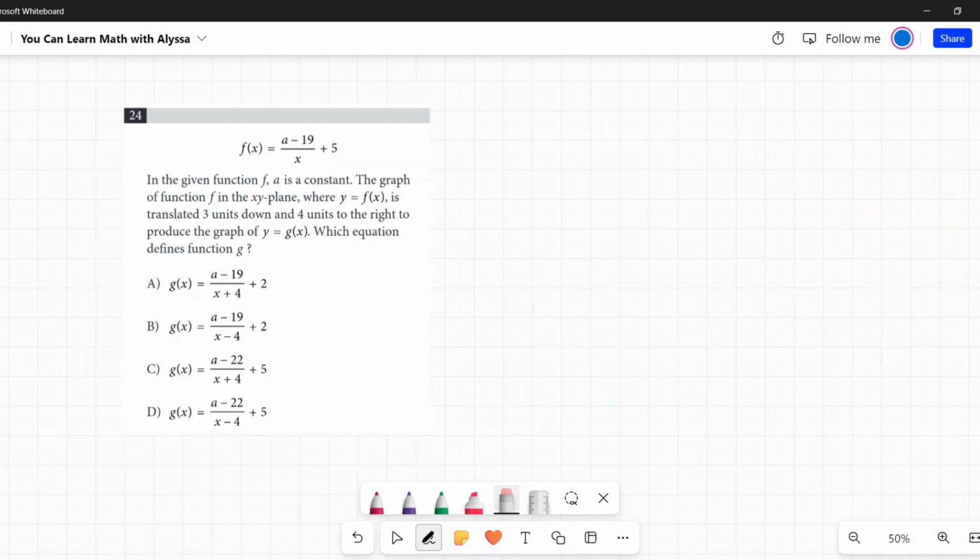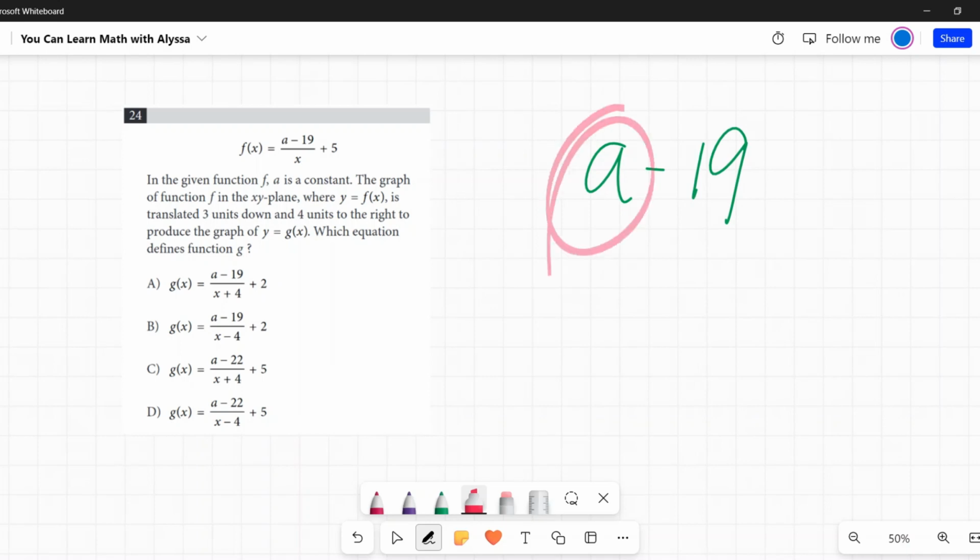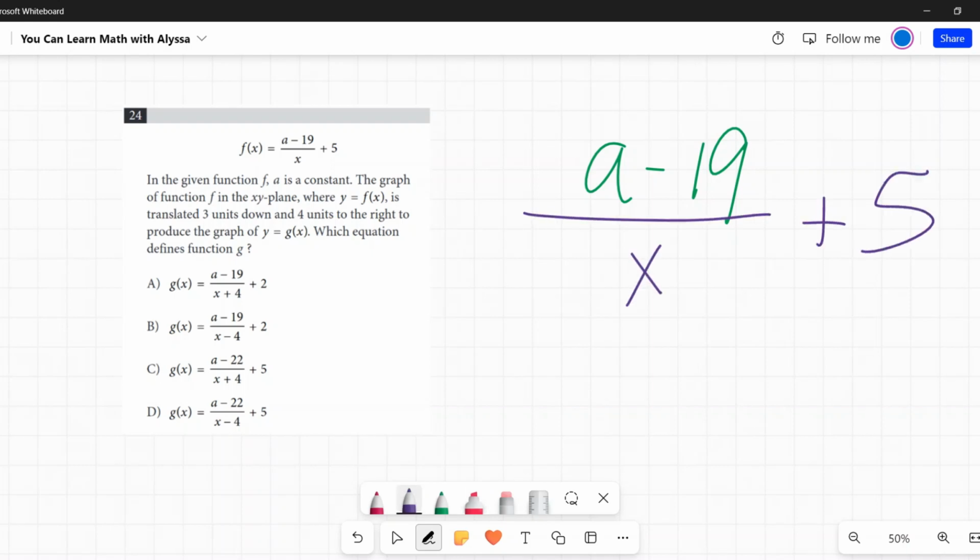They like it. So here we have a minus 19, where a is a constant. A is a constant just means it's a number. So a minus 19. It doesn't matter for this equation. The a doesn't do anything because it's just a number. It's not another variable. It could be 5. It could be 25. It doesn't matter. The x and the plus 5 outside are the parts that are really important, because this is just the same as a number. Right. So it's going to be translated or moved 3 units down and 4 units to the